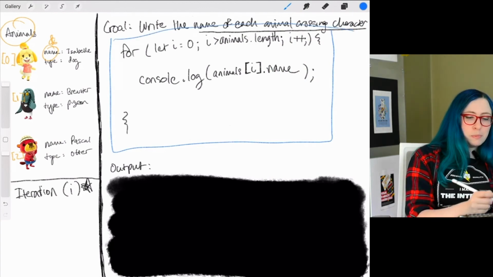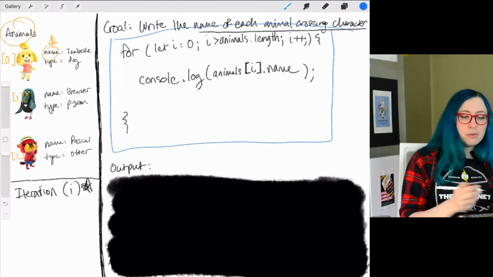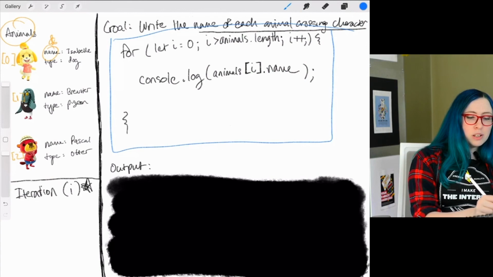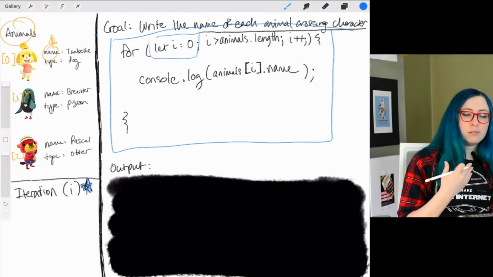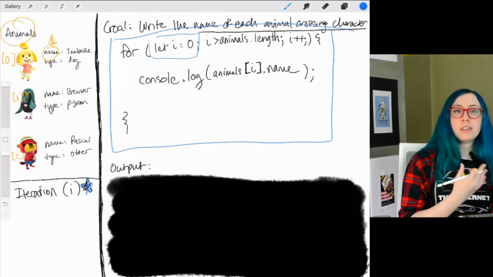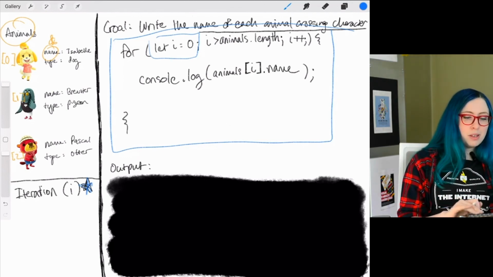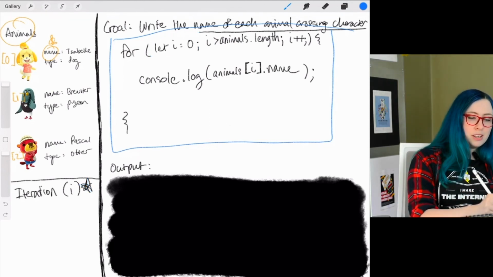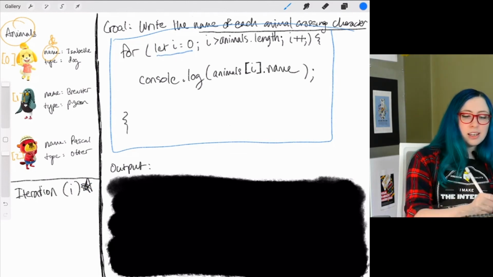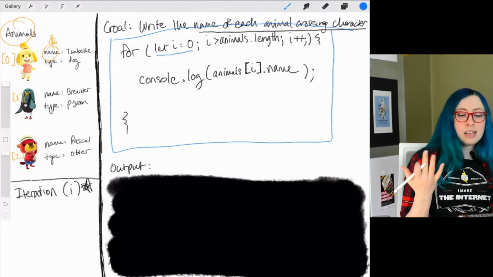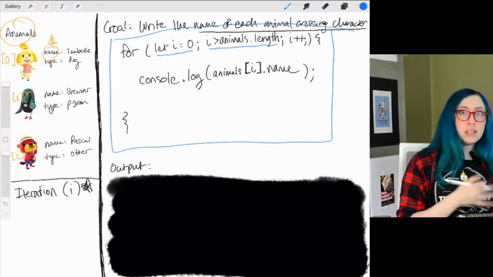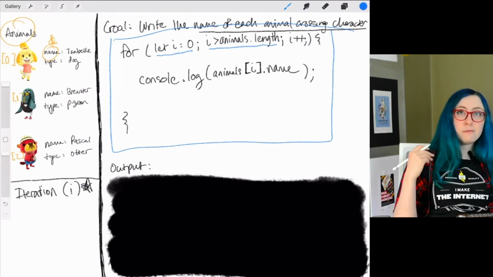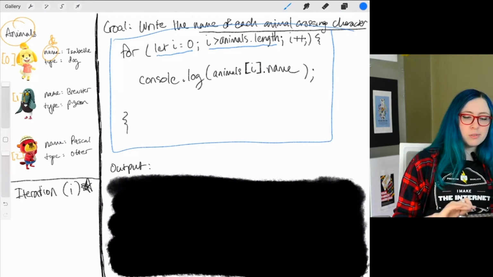Remember, when we start the loop, we set some rules up, right? We say that we are going to make a data piece to keep track of, to tally up how many times we've gone through this loop, iteration or I. So that's that first piece, right? Say what iteration is. This second piece is to say how long to keep running the loop. Here, as long as I is less than animals.length, we can keep going. So that'll be the first condition we check, and we're always going to check it.